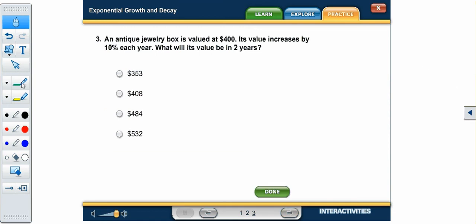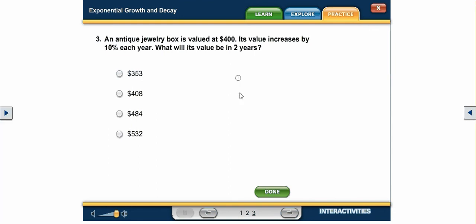Sorry for the confusion. I used the decay equation. It should be y is 400